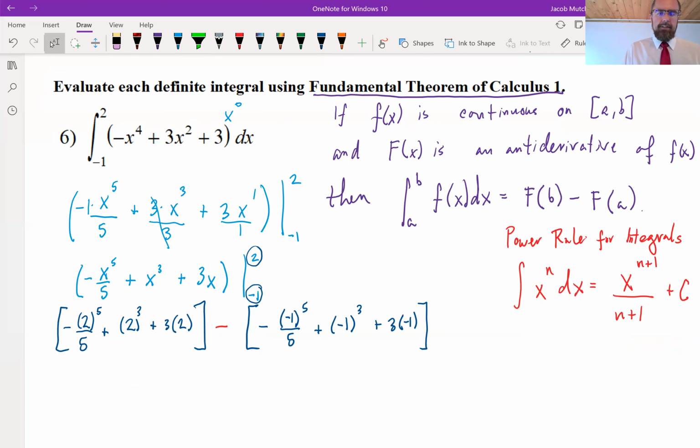So what I see from my next term is that I really just want to combine these pieces here. So this is going to become 2 to the 5th is 32 over 5. And then I got 2 cubed is 8 plus 5. And that's going to give me 8 plus 5 is going to be 13. But I want to represent that as something over 5 so that I can combine those. So 13 times 5 is going to be 65. And when I combine those two, 65 minus 32 is going to give me,